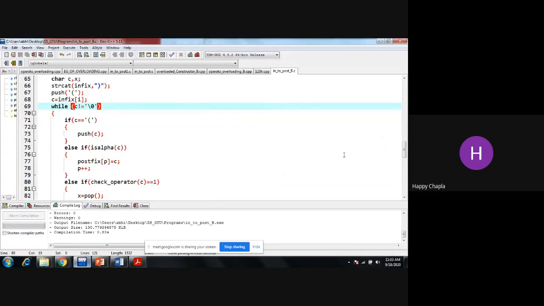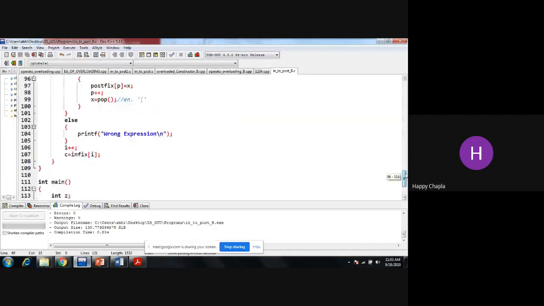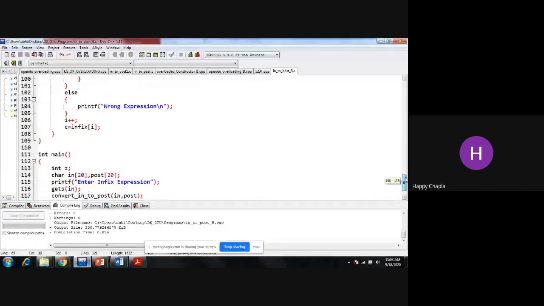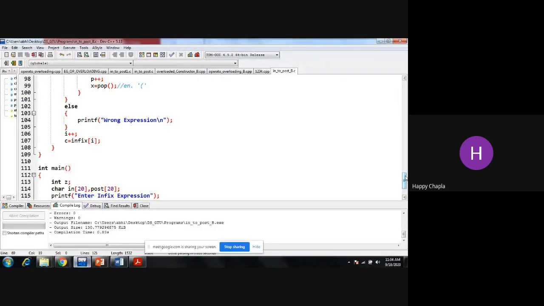Okay, yes. What is that 7? That 7 is, you can say, my garbage value, right? So what we can do is, after completion of this, put one null character inside my postfix expression. That means after null, it will not print anything.